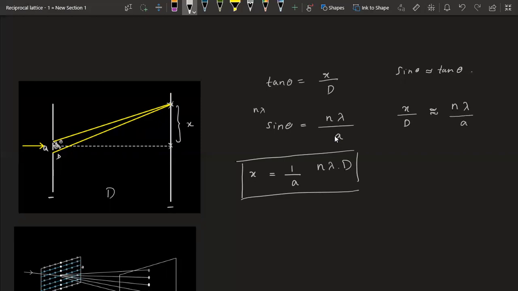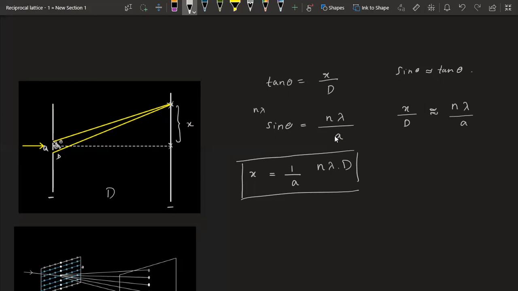Say first we shine with some smaller wavelength. Say there is a wavelength dependence for this x. For some wavelength, this x is too small to measure. So we increase the wavelength. For some particular wavelength, this x can be actually measured using a centimeter scale. You don't need a fancy microscope. You can just use a centimeter scale that you have. All you have to have is a simple source of light. You can use a laser. It's readily available, not so expensive. Shine some light, observe this pattern using a centimeter scale, and then back calculate. Lambda value, you know, so you can calculate.